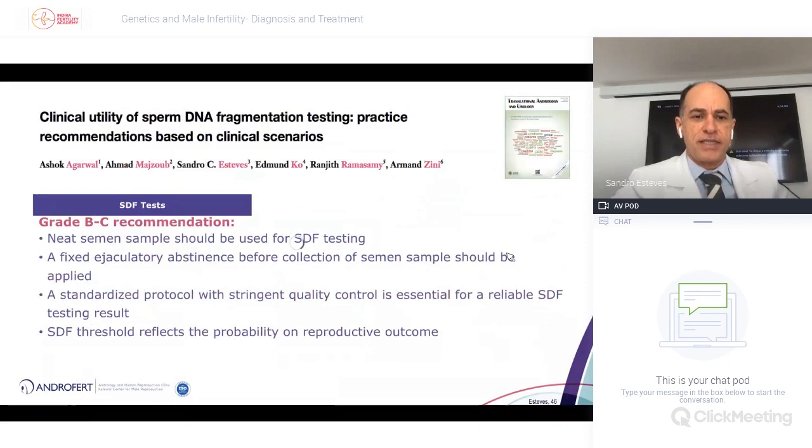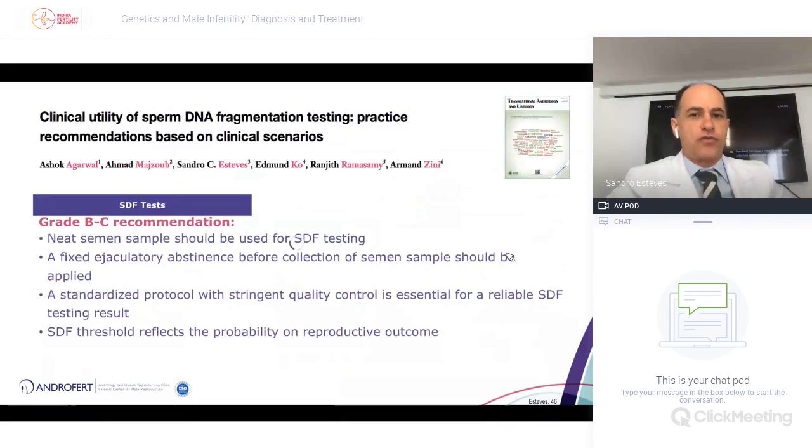It's also important to use a protocol which is standardized with quality control. So use a good lab. If you want to implement in-house, you need to do it with proper quality control. And if you use an external laboratory, it's important to use a reliable protocol, with quality control as well. And the sperm DNA fragmentation thresholds that you presented, according to the test you use,